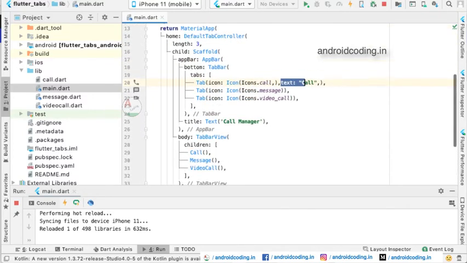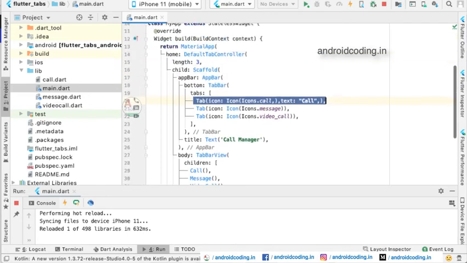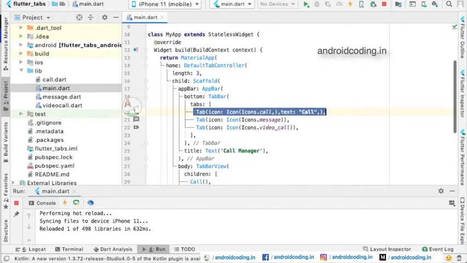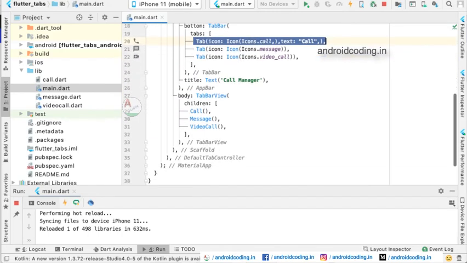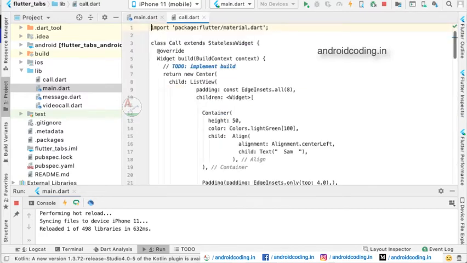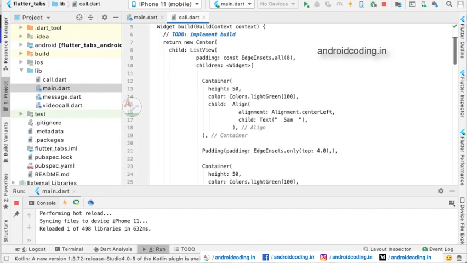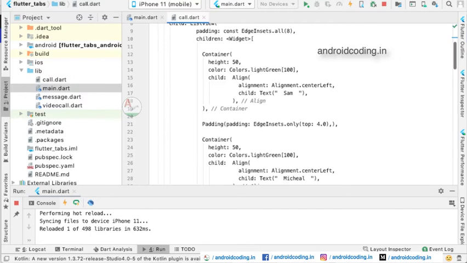For this particular call tab, when you click on the tab, what will happen? This particular class will be called. For the call tab, we have made a call class. When we go through the call class, we can observe a list view.